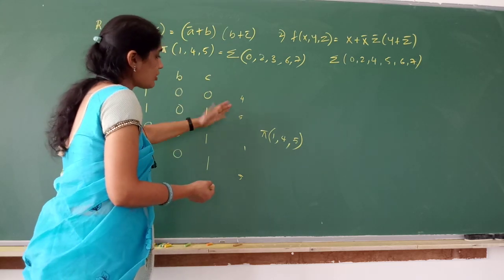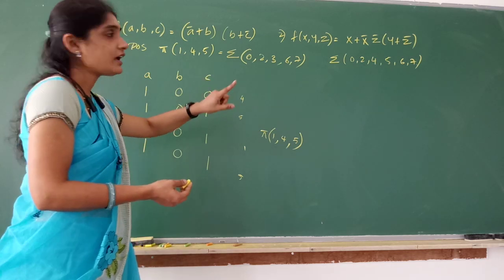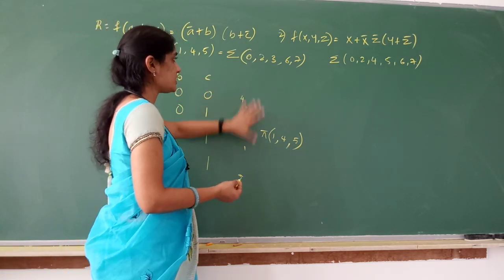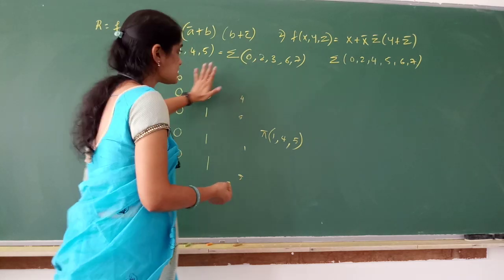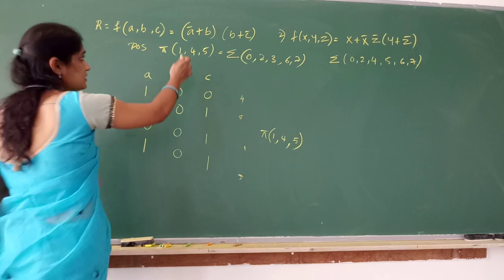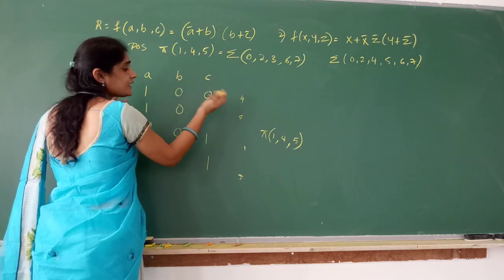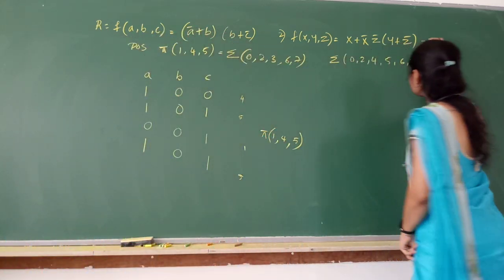For the other combinations, what is the output? For the other combinations, the output will be 1, and that's why, except these combinations, the remaining combinations will be your min terms. So that's how you verify the answer. Take each sum term, put the value, and the other variable will take either 0 or 1. Similarly, coming to this problem.